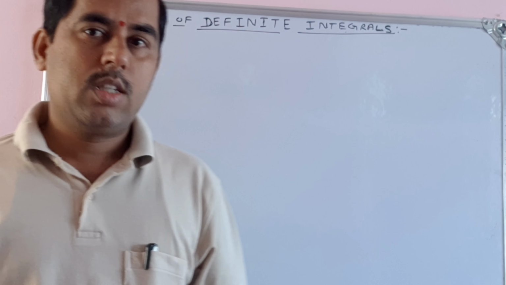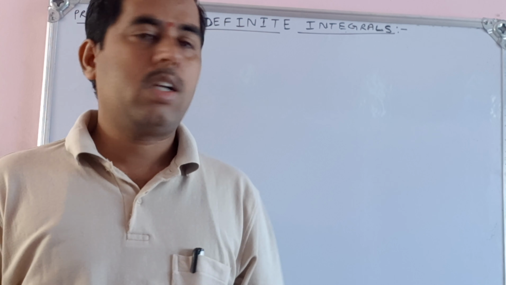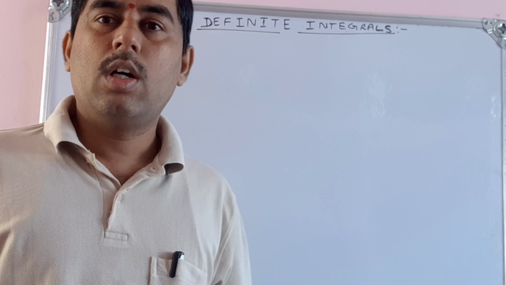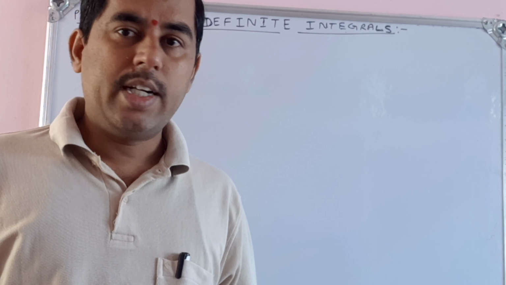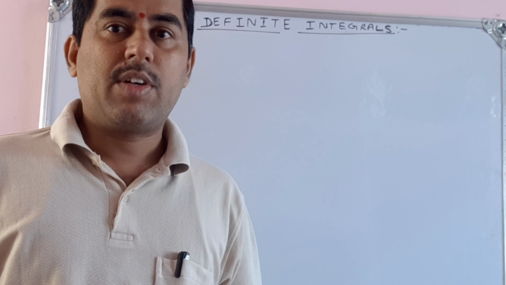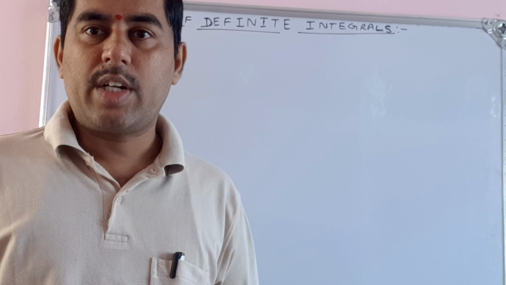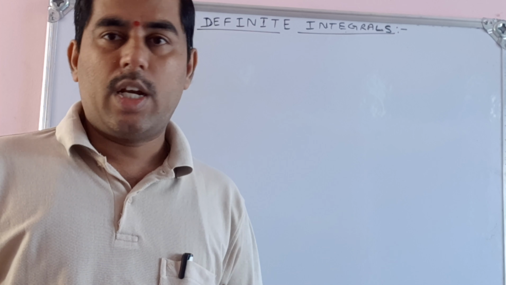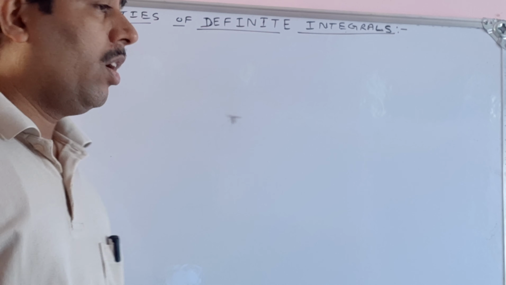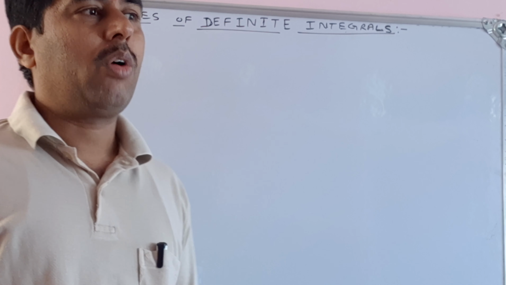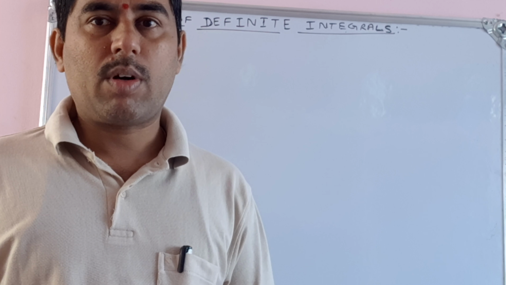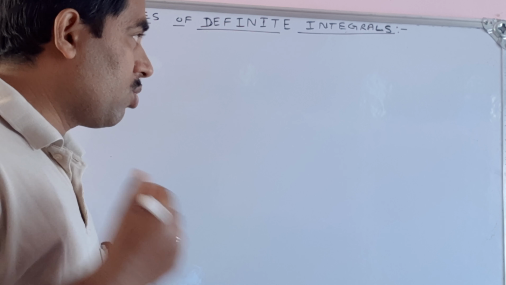Welcome to the class. Let us continue our class on definite integrals. In our previous video classes, we have worked out some examples and integrated definite integrals. To integrate definite integrals, there is no need to write the constant of integration. Then use the limits of integration, that is, the upper limit and lower limit. So how can we calculate the value? It is the antiderivative at the upper limit minus the antiderivative at the lower limit. The difference gives us the value.